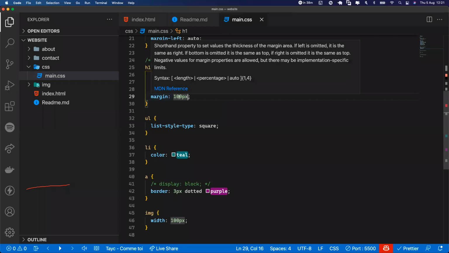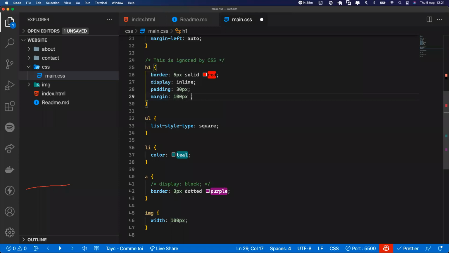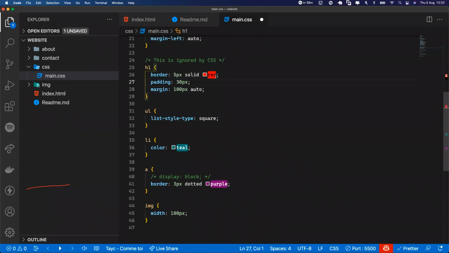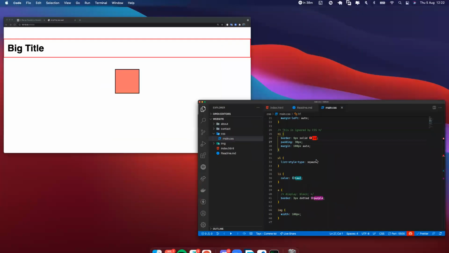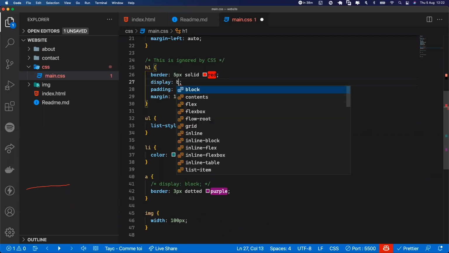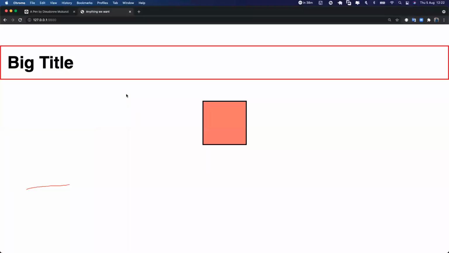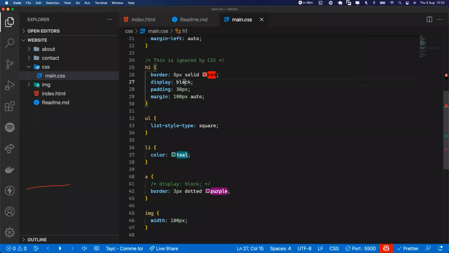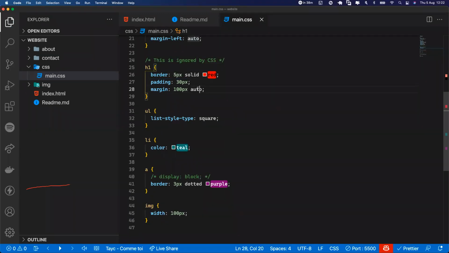So this shorthand means that top, bottom, left, and right are 100 pixels. But we can also do auto. Auto will do, this will be top and bottom, and then left and right, right? If you do this, and this is display block by default, we need to specify it. Let's hope it works this time. Display block. Okay, it's not working, but for the div it works. And there's a lot more ways to deal with centering. Since we don't have enough time to play with it,